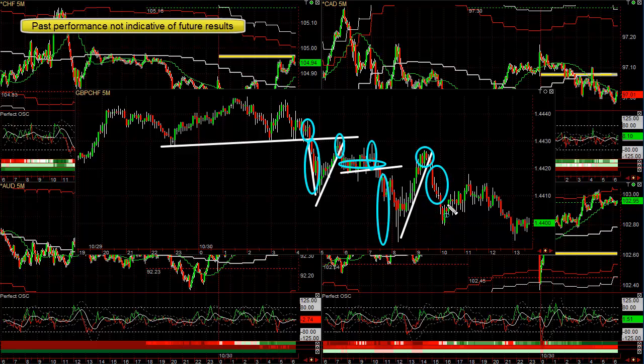Even if you get 2/3 of that swing, your wins are bigger than your loss. In this case, you made less than your risk. In this case, you made more than your risk. 1, 2, 3 out of 4 trades, your win was bigger than your loss. And that's what's